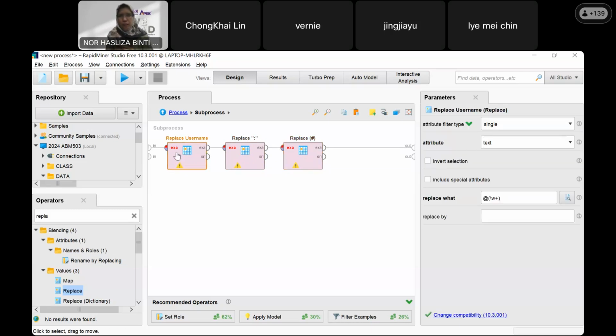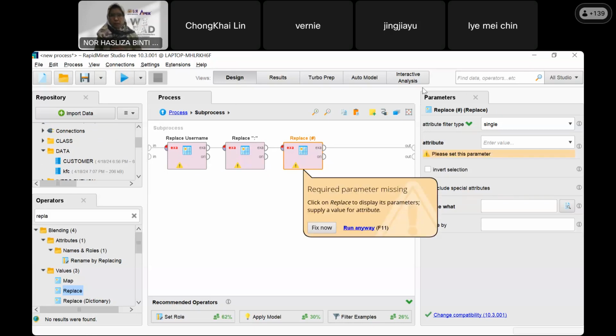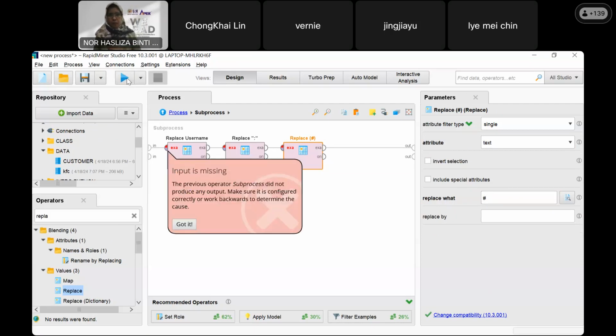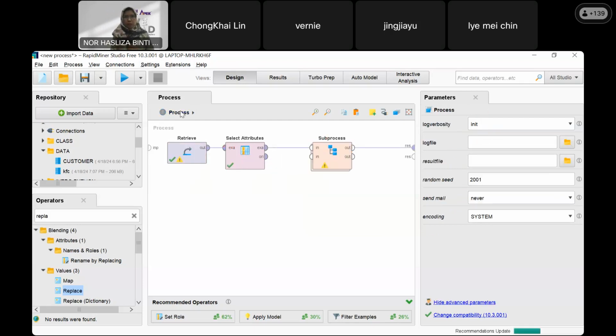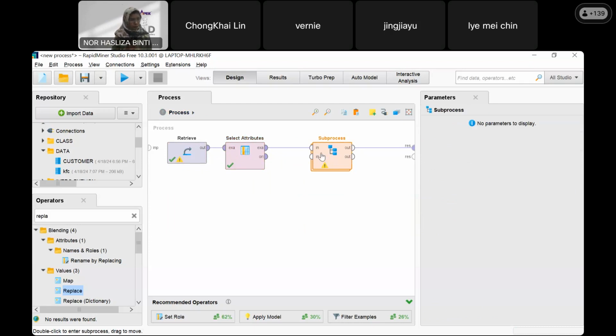I just wonder what I made mistake here. Wait, the parameter here.